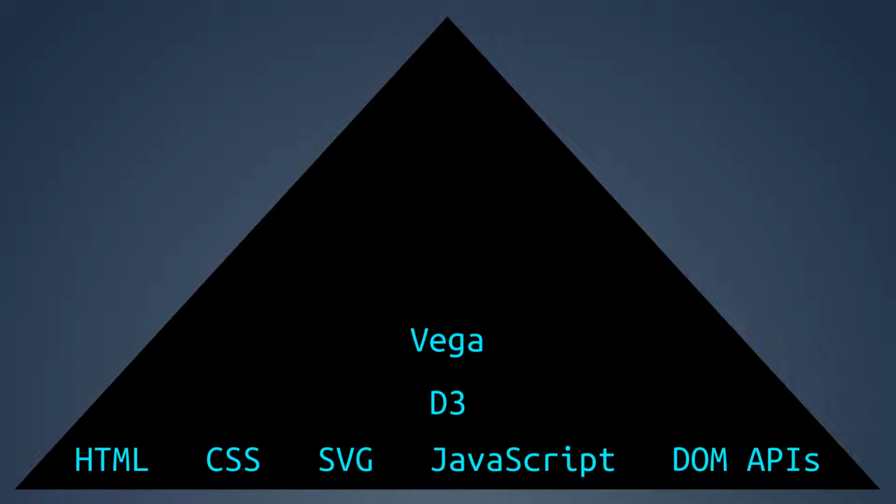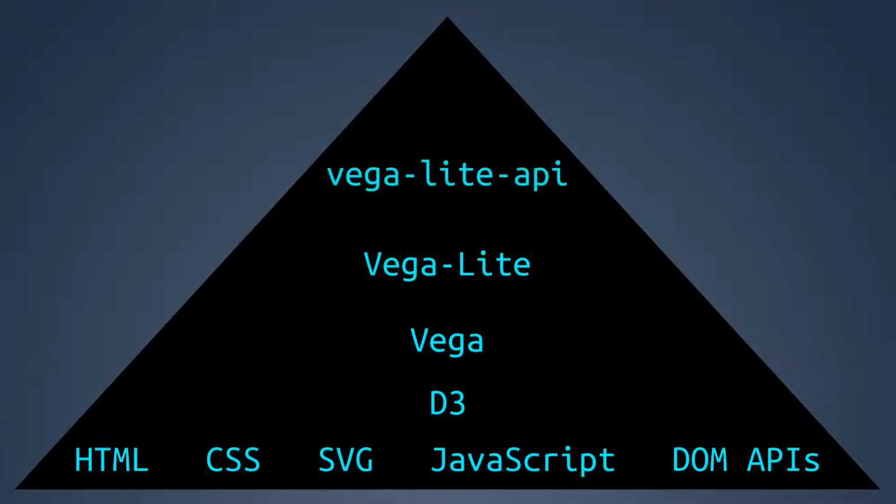Vega is a tool that lets you declaratively specify visualizations using only a JSON configuration object and not really writing any JavaScript code. Vega Lite is an even higher level of abstraction than Vega, and it sort of fills in defaults and lets you produce visualizations with much smaller configuration files. Vega Lite API is a JavaScript API for producing Vega Lite specifications for visualizations. I would say this is higher level because it lets you write very, very concise and small code to produce